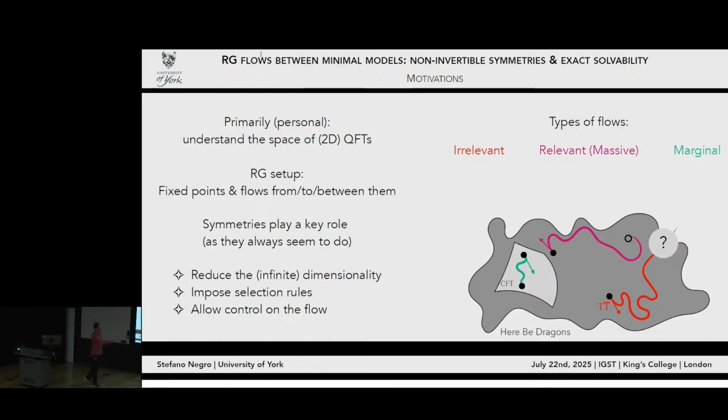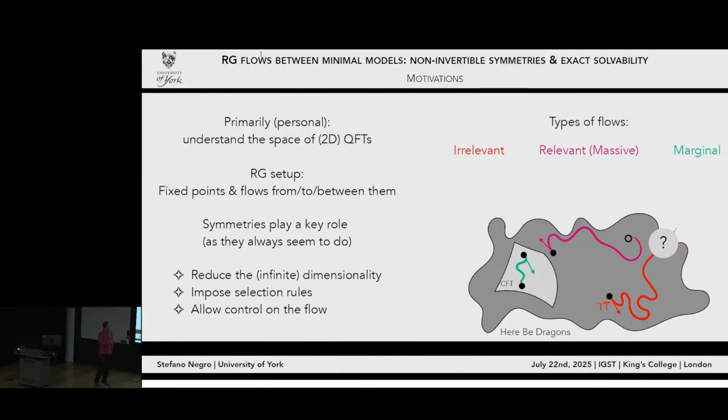And so this is a picture that you probably have already seen. I just made it smaller, so it's less boring. But we have three principal types of flows that we can have in this RG setup. So we have marginal flows that go from a CFT to another CFT. If you're lucky enough to have a marginal operator, then there is a conformal manifold, and you can use the coupling to that operator to move on the manifold.